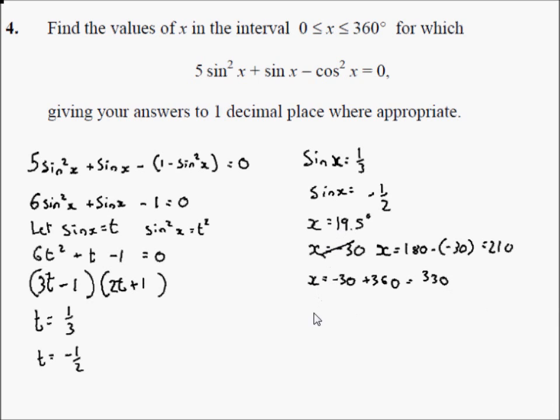and using this 19.5 plus or minus 360 to that will be out of the range, so it's just simply x equals 180 minus your answer equals 160.5. So just to make that clear, we've got x equals 19.5, x equals 160.5, then we've got x equals 210 and x equals 330,